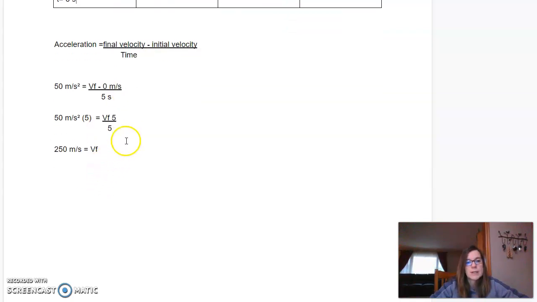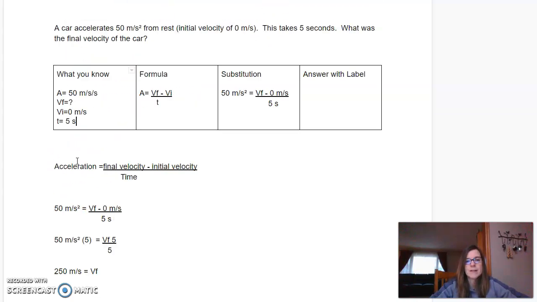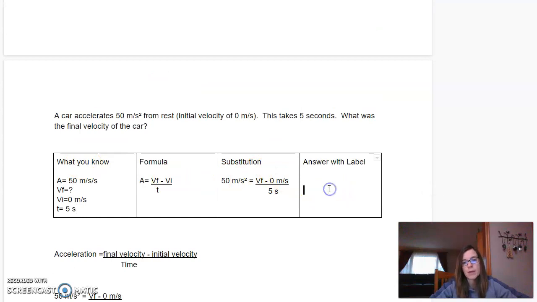So down here, that's what I did. I took 5 times each side. So the 5's over here are going to cancel out, and you're going to be left with VF for final velocity. Over here, we also took it times 5. So 50 meters per second squared times 5, which would be 250. And that's our VF. We got VF by itself. So 250 meters per second would be our final velocity. And we can go up here and put that in. VF equals